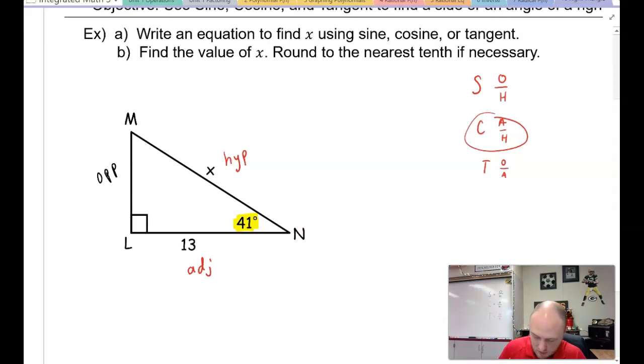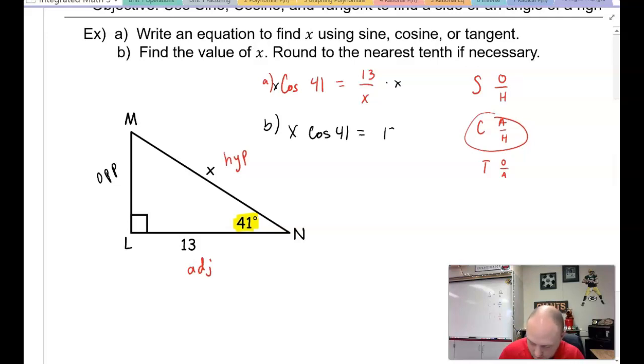Okay, so here's part A. Cosine of 41 degrees is equal to 13 over x. And that's part A. We're done. B, they want us to go ahead and find the value of x. So you'll notice x is in the denominator. Well, how do we undo division? Multiplication, very good. So I'm going to multiply both sides by x, and we get x times cosine of 41